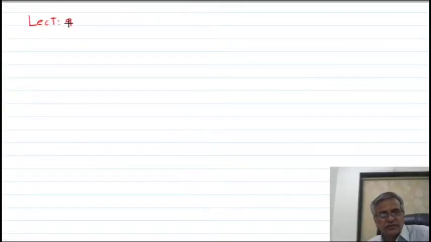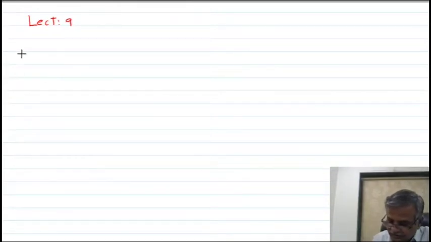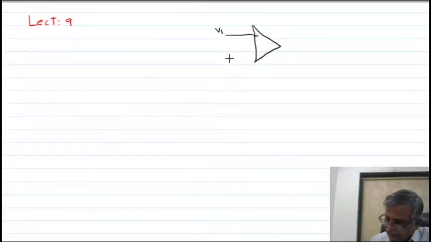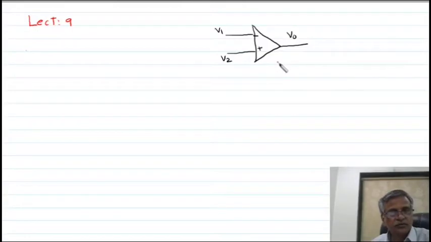Let us discuss one small topic about closed loop output impedance. See, this is your open loop operation. I think you must be knowing this is your open loop operation. No feedback is used here. No feedback is there. This is called open loop. This open loop operation has an output impedance given by ZOOL.